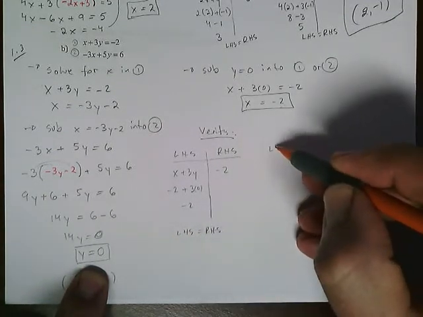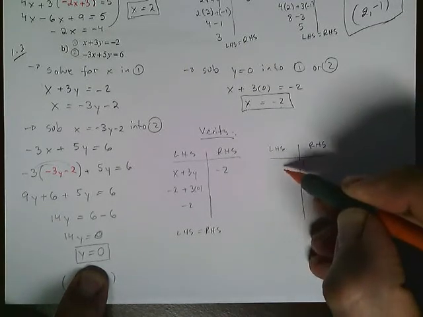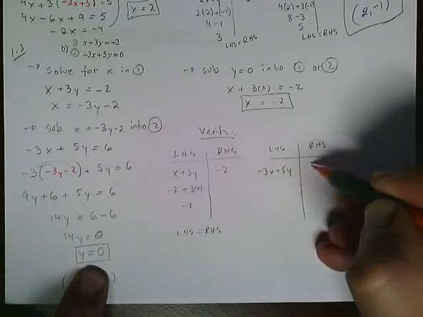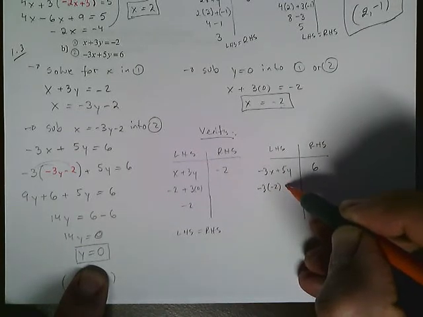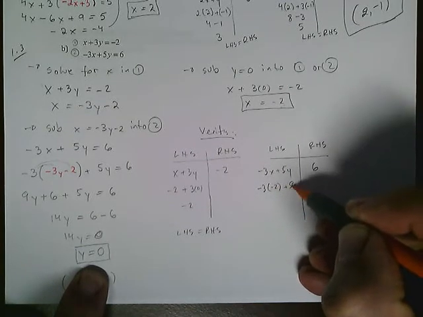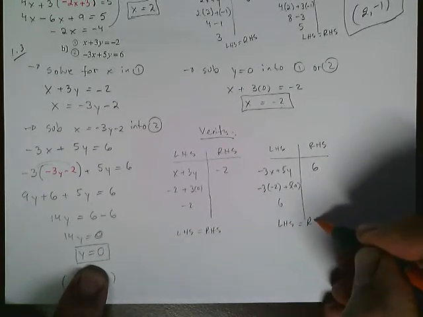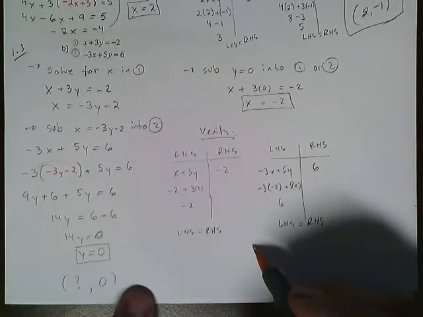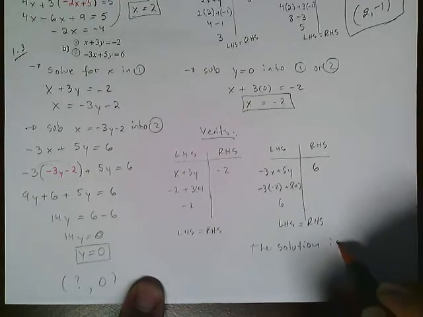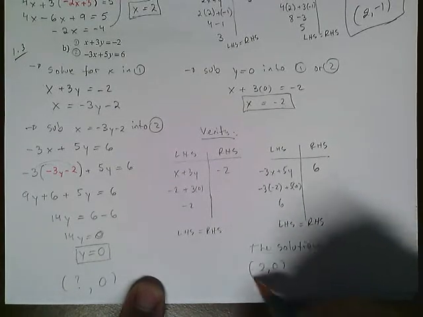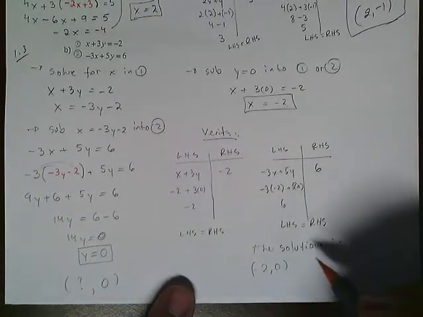Okay, done. Then you have left-hand side here, right-hand side for the second equation. And that is negative 3x plus 5y is equal to 6. So that'd be negative 3 times negative 2 plus 5 times 0. So that is just 6. Left-hand side is equal to right-hand side. And you're done. So the solution is negative 2, 0. Make sure you don't mix them up. You don't go 0, negative 2, or whatever. Okay? And then always state,